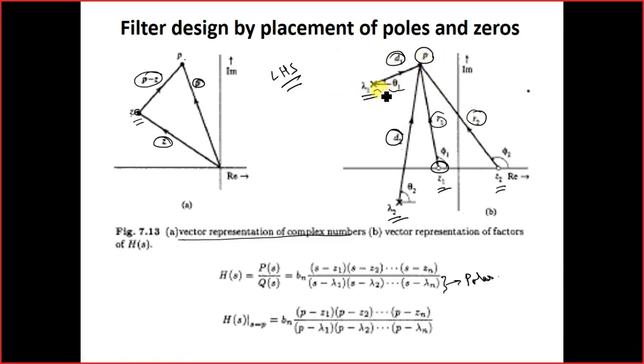So how to find out this angle? You have to draw a line parallel to the x-axis, and then you find out the angle between this parallel line and the resultant vector between the point P and the pole point or zero point. You have to find out that angle. So that is your phase angle. If it is for a pole, it would be regarded as pole angle. If it is for a zero, it would be regarded as the zero angle or zero phase. Okay, phase of the zeros.